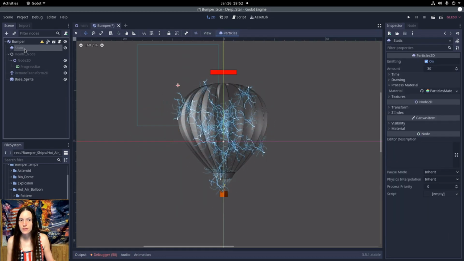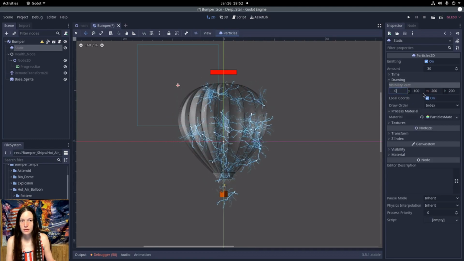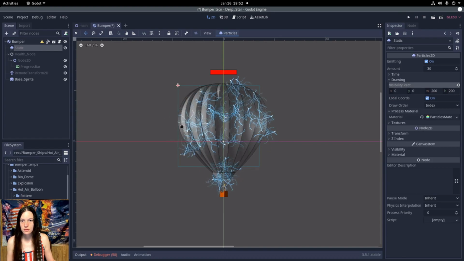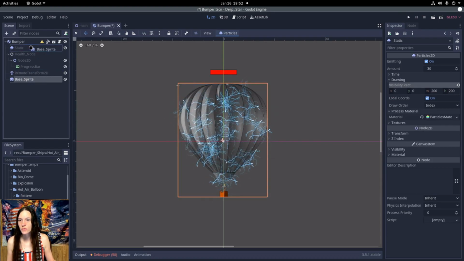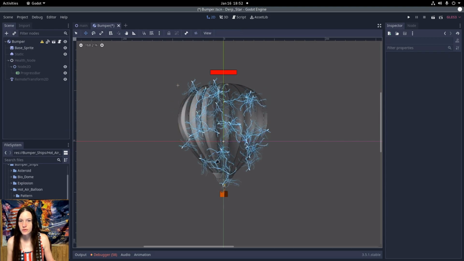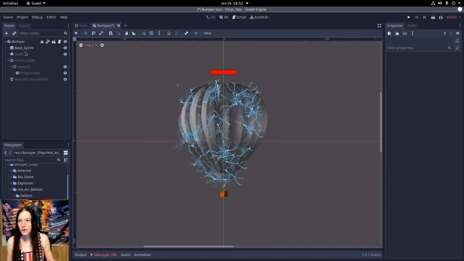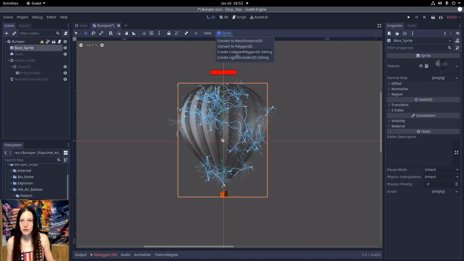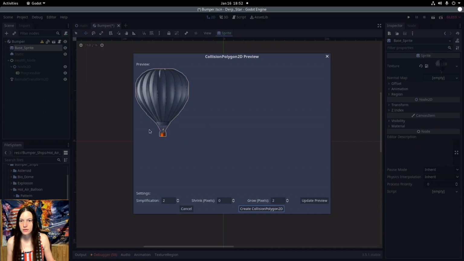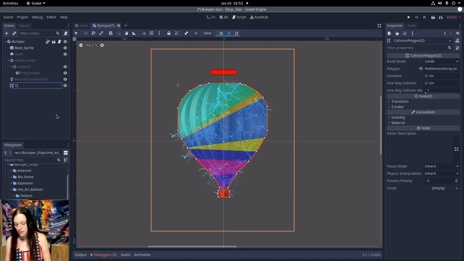Then I'll set the visibility rectangle under drawing over the static emitter and move the base sprite node up so you can see the static over the sprite. And I'll generate the collision polygon 2D, rename it collision shape,